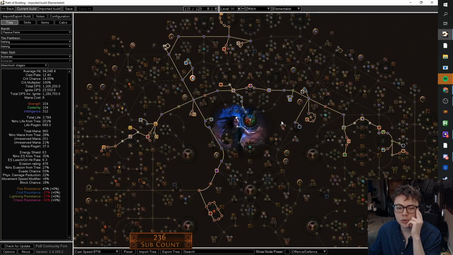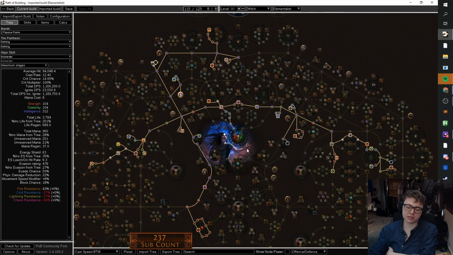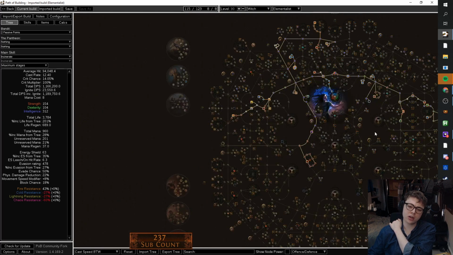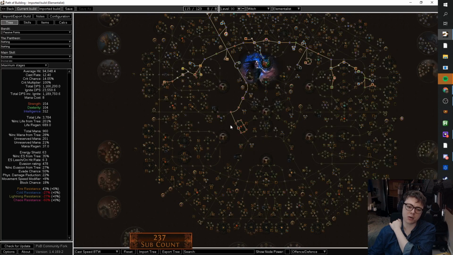I should make this tree some. I'm trying to remember how I routed my volatile dead detonate dead character I played last league, because it had similar-ish routing. I didn't need cast speed as much for that build because Necro just has a bunch of inbuilt cast speed. So I cut all of this section, and instead I came this way because obviously I had to take Spiritual Aid, and I came down into